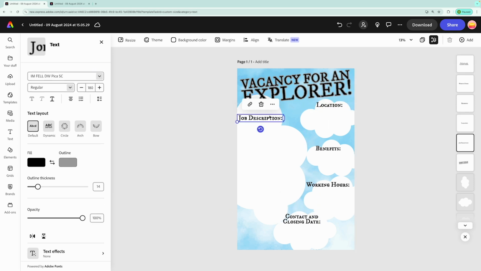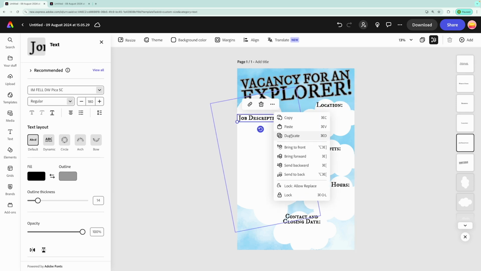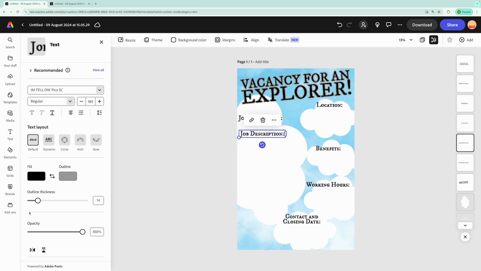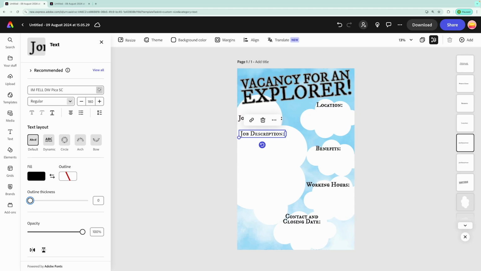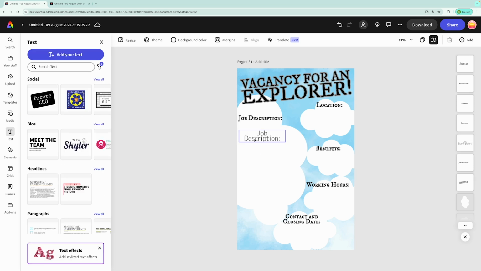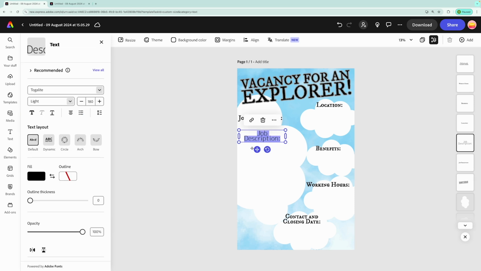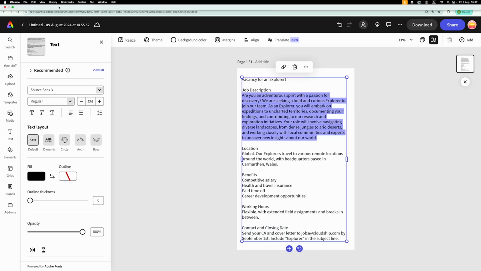Okay, let's duplicate this text box now for the actual job description itself. Now for this, I'm going to get rid of the outline, so just bring the outline down to nothing. And I'm going to change the font to something a little clearer than this IMFL font. And I'm just going to bring in the text for this first text box, and then we'll sort out the